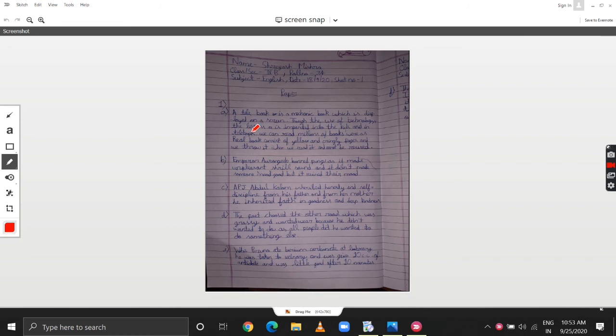And now we can just tick this answer like this, or if it is wrong, we can cross it out using our mouse. So this is how we are going to do it. We can even make a signature, but of course it's going to involve a lot of effort, because with a mouse it becomes a bit of a tough task. So I'll suggest that we can at least correct, or underline the things that are wrong. We can underline like this just to highlight that this is wrong.